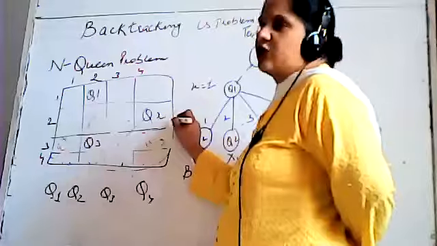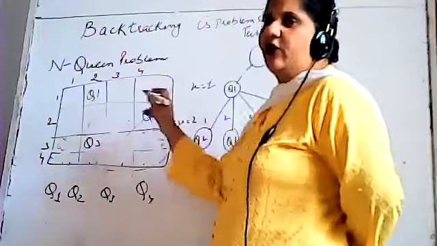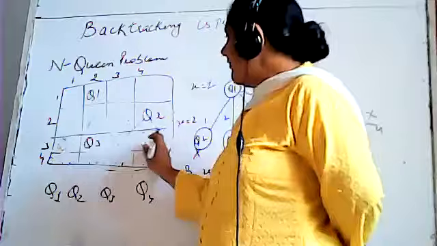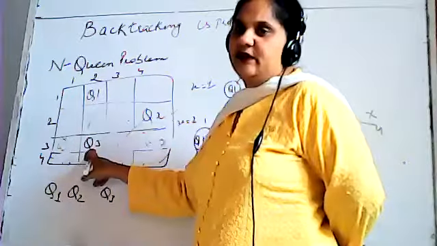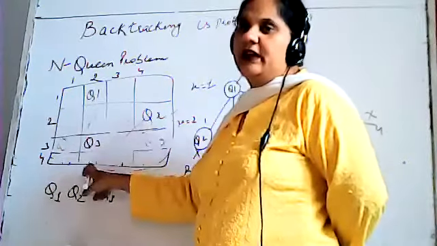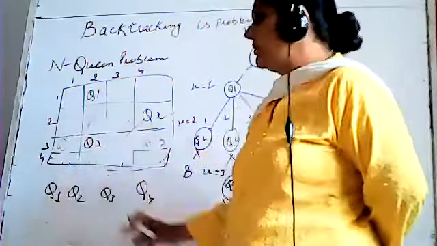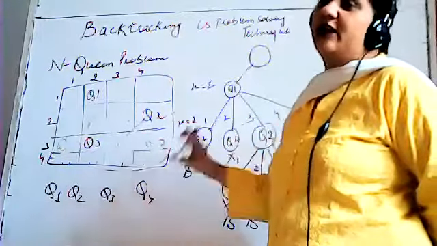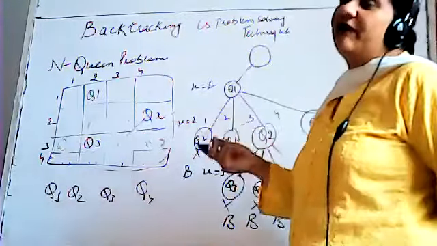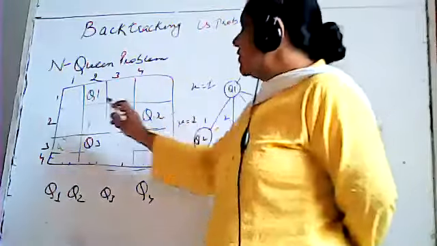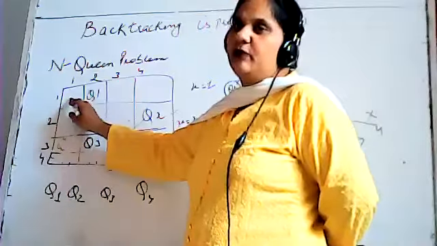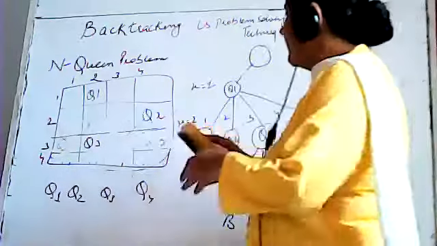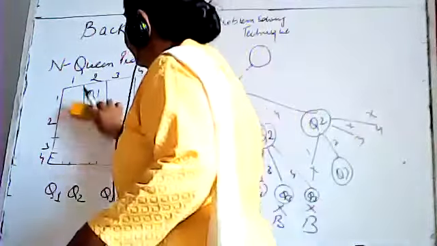यहाँ पे हमने 2 लास्ट कॉलम में आके छोड़ा था, इसका मतलब we have tried all the combinations of 1, 2 and 3, 4 in row number 2. Here also we have backtracked. Since we have tried all the combinations of Q3, then we came back and decided this position. Now we are not able to place Q4 in this board, and we have tried all the possibilities. Now where we have not tried, it is in row number 1. So we will pop the queen from column number 1 and put it in column number 2. So let's do it. How we will do it?